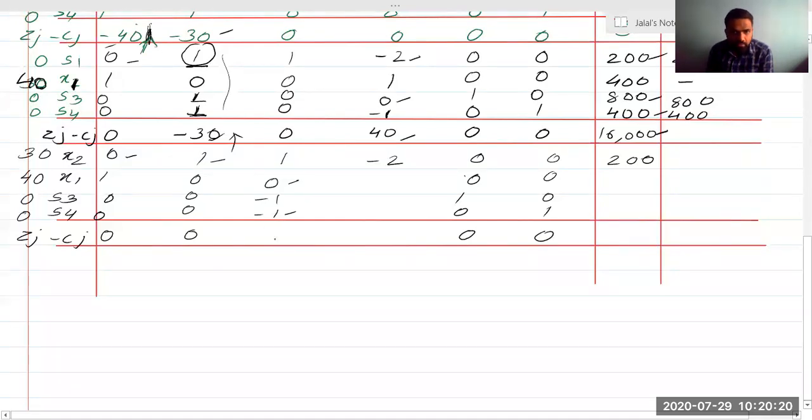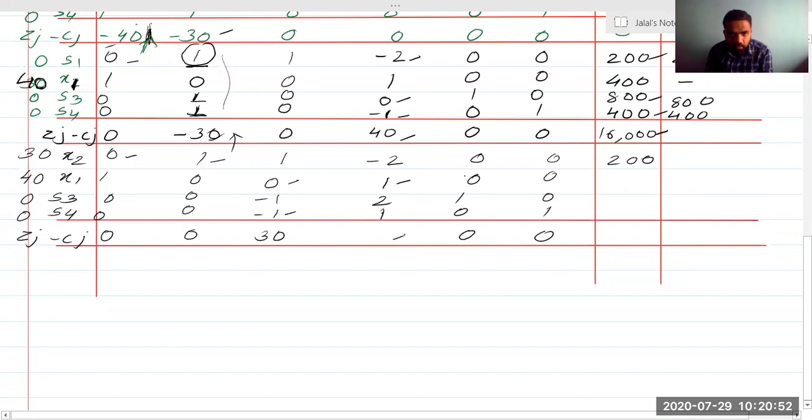If we need to find this, can we find? Yeah, 0, 1 into 0 is 0, minus of minus plus, 30 into 1 divided by 1, this will be plus 30. Okay, now we need to find this. 1 into 1 minus 2 into 0, so 1 divided by 1 is 1. 1 into 0 minus of minus plus, 2 into 1 will be 2, 2 divided by 1 will be 2. Again minus 1, minus 1 into 1 will be minus 1, minus of minus plus 2 into 1 will come. So minus 1 plus 2 is 1, so 1 divided by 1 will be again 1.